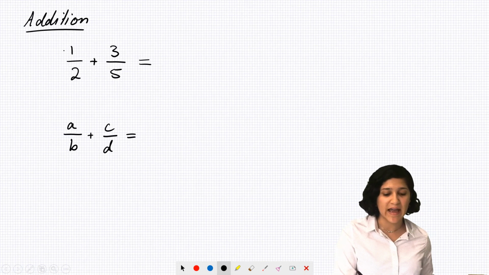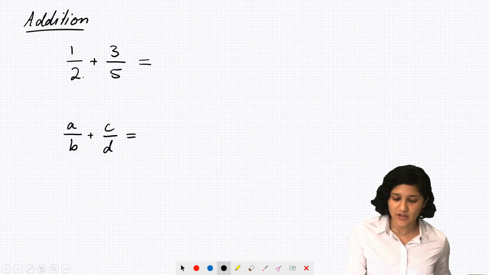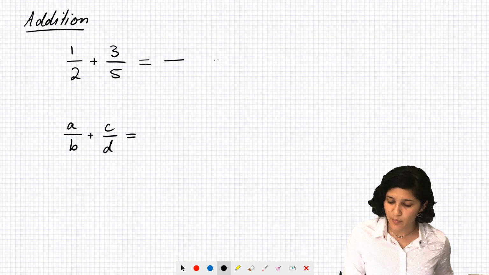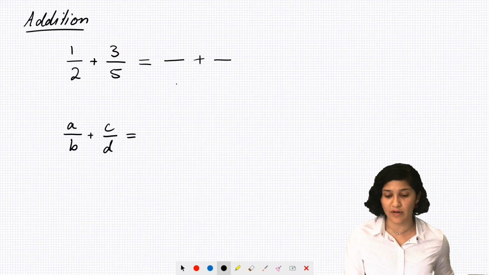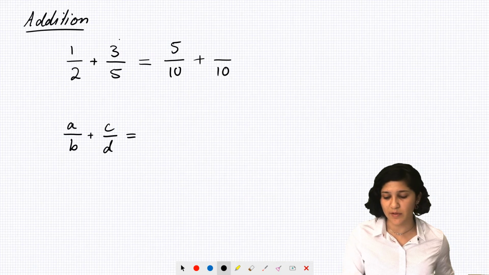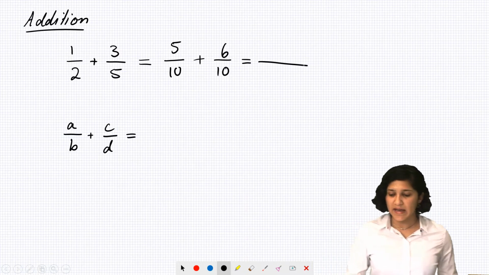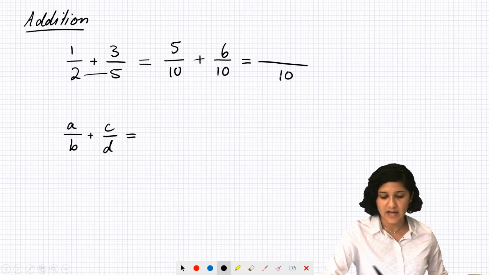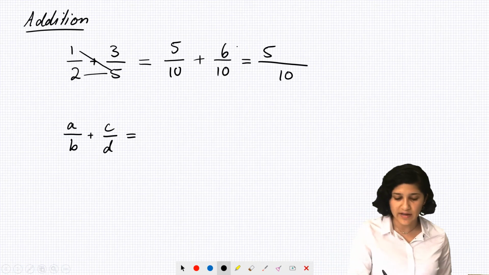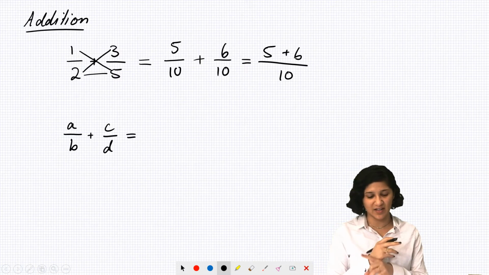So it's difficult for me to add fractions with different denominators, so I start by making all the denominators the same. I'll make both of the denominators 10, because 2 and 5 both go into that. If I made the bottom number here 10, that means I multiplied it by 5, so I multiplied this by 5 as well. Then I made this one 10, so I multiplied this by 2, so I multiplied this by 2, and I get 6. A lot of people skip that middle step, and they just go, this times this is this, and this times this is 5, and this times this is 6. But I just wanted to remind you of why we do that cross multiplication,